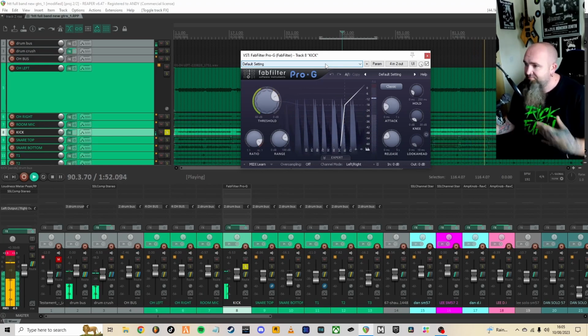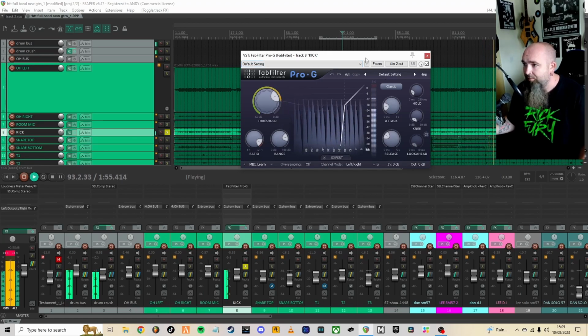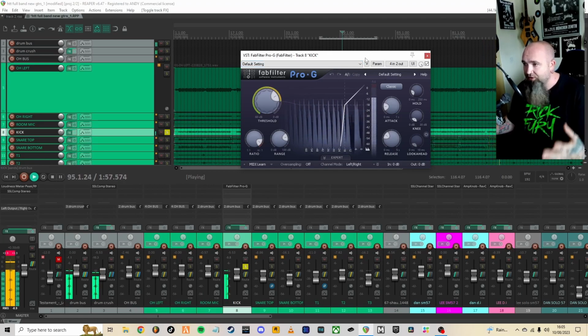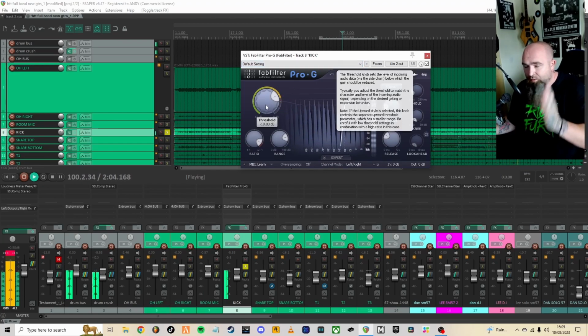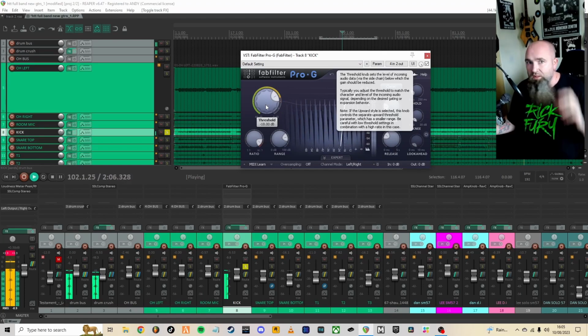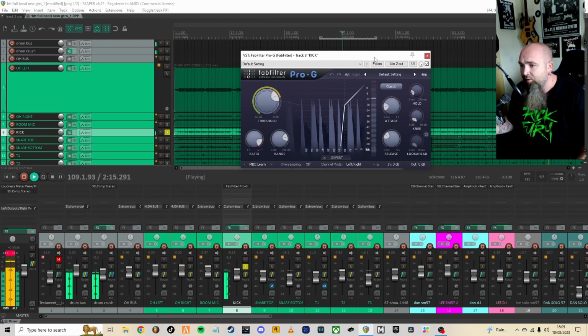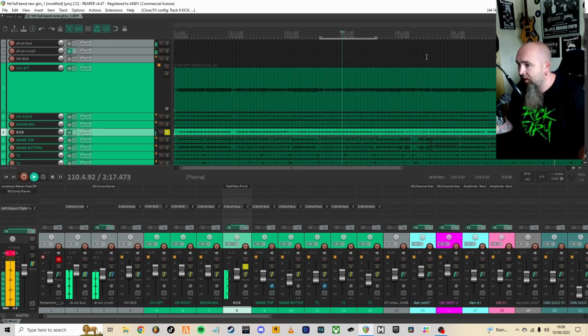Slower music, it'll be a lot easier to gate stuff. But if you've got something like a heavy thrash metal or a death metal track, it might become a bit difficult to dial it in so it's opening and closing as fast as you need it to be. I'm quite happy with how that is sounding, so I'm just going to leave that like that